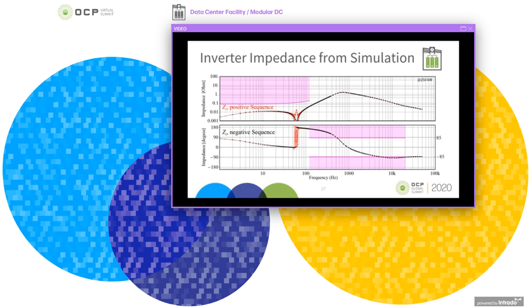So that's a problem. And then if we add to this our equivalent load impedance, we'll see that there are two intersections, one occurring at around 350 hertz, and there is another intersection somewhere around 7.4 kilohertz. At these intersections, the phase difference between the two impedances is 180 degrees, so that makes the impedance ratio be -1, and it can lead to instability. These problems could have been avoided if the inverter impedance had met the Facebook impedance specification to start with.